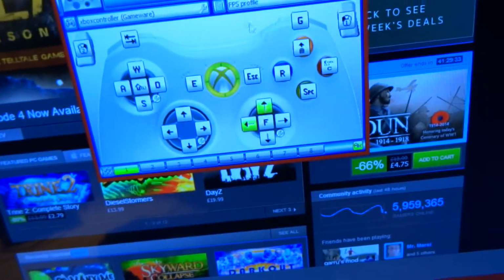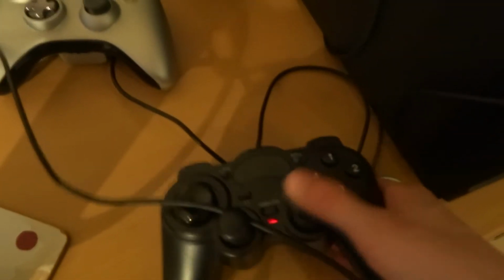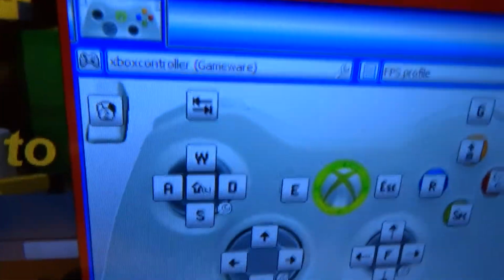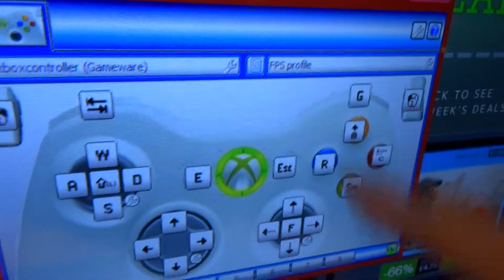As you can see, this is me moving my controller right now with the right analog stick, so I'll just continuously move this around, like that, around and around, and in the software it detects it's moving around, and I've got it configured so it moves my mouse, as you can see there. And if I can find it, there we go. So it's moving about, it's a fast paced thing, you see that. And that works as an FPS profile, because I've got this set as my FPS profile, which I've just created to work like an Xbox controller if you were playing Medal of Honor or something like that. So yeah,